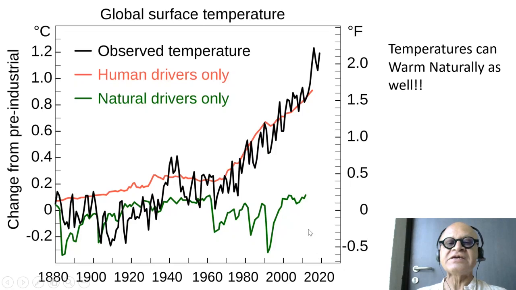So we are detecting that the atmospheric temperatures are warming. So you can see the change from pre-industrial period in degrees centigrade and degrees Fahrenheit. As of now, we are up over 1.2 degrees centigrade, or around 2 degrees Fahrenheit, global mean temperature change from pre-industrial levels. And this shows the models that are used by the IPCC, the Intergovernmental Panel on Climate Change, to make future projections. They cannot make future projections unless they prove that they can reproduce the past.